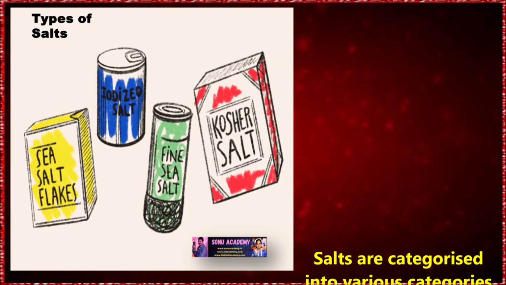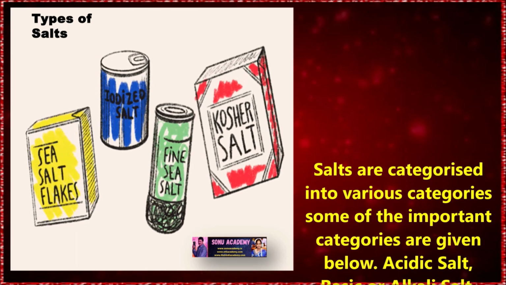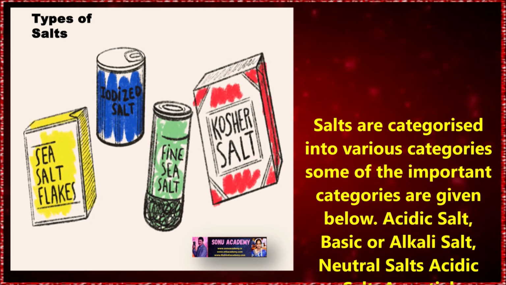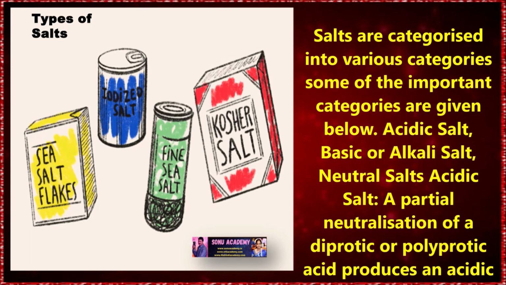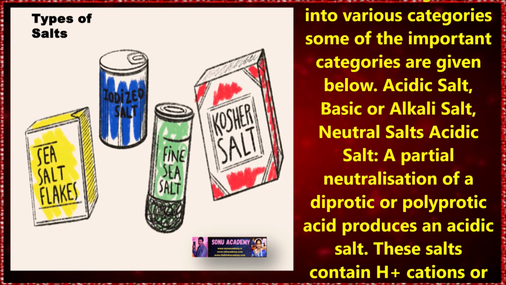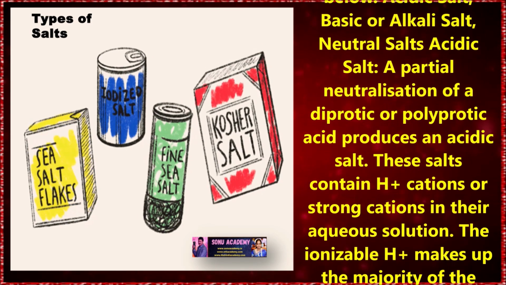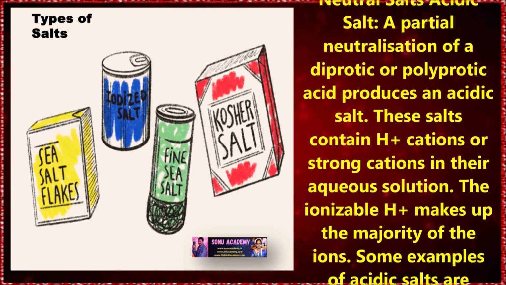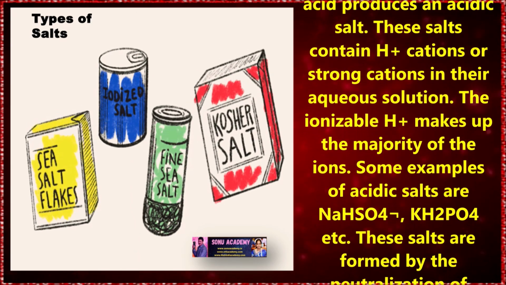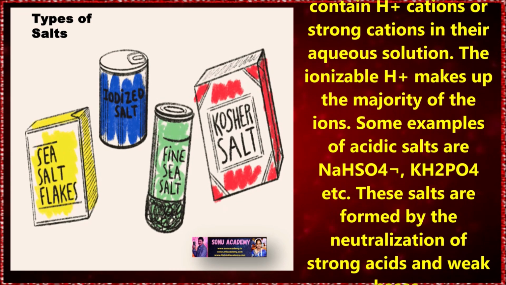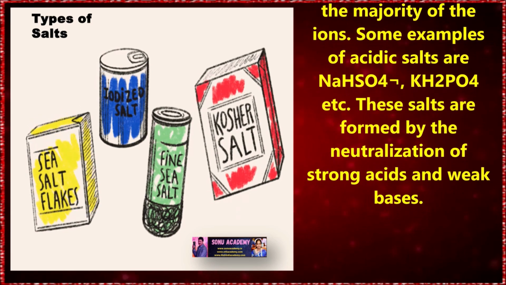Children, let us discuss the types of salts. Salts are categorized into various categories. Some of the important categories are acidic salts, basic or alkali salts, and neutral salts. First, let us discuss acidic salts. A partial neutralization of a diprotic or polyprotic acid produces an acidic salt. These salts contain H+ cations in their aqueous solutions. The ionizable H+ makes up the majority of the ions. Some examples of acidic salts are